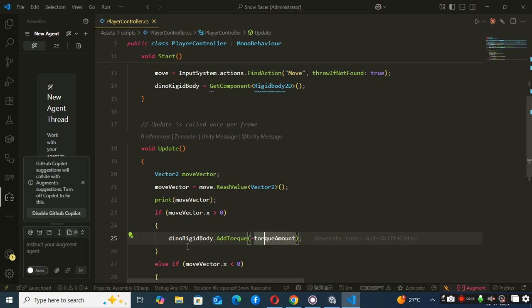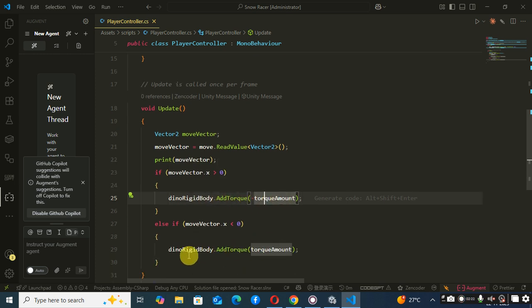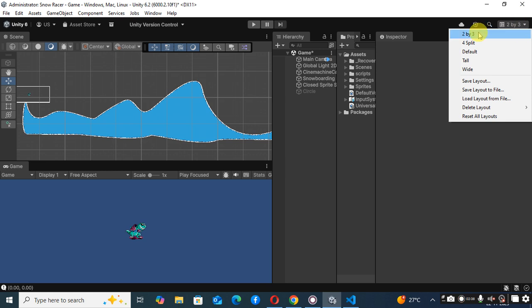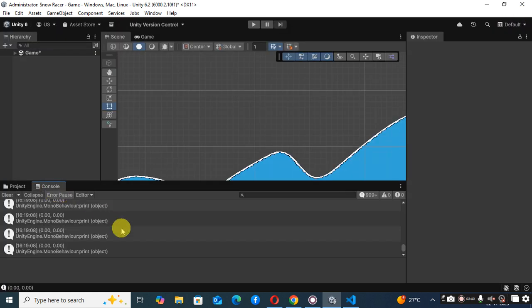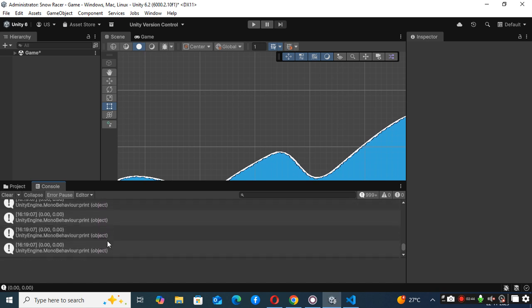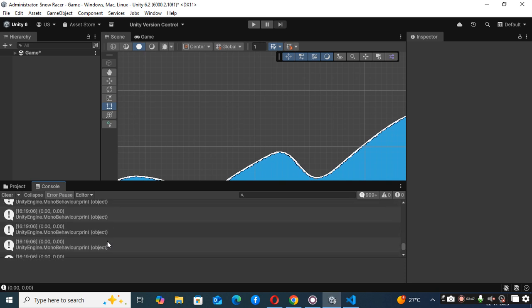If you want more force, we can adjust likewise. So dyno rigid body dot AddTorque minus torque amount, and dyno rigid body AddTorque torque amount. How are we doing this? If move vector dot x is greater than 0, that is when we press our right key. When we go to the console, whenever we have pressed the right key or the left key, our input system